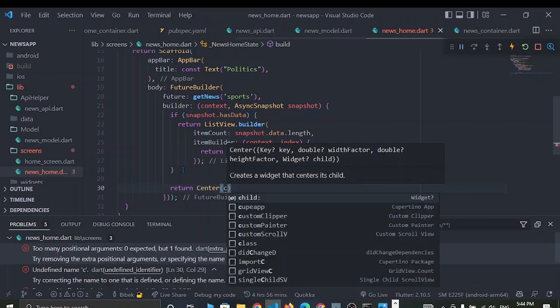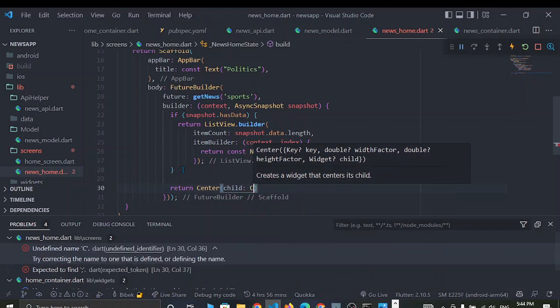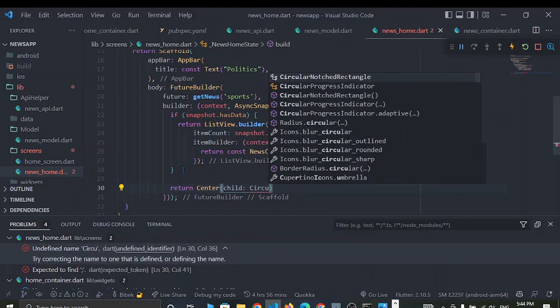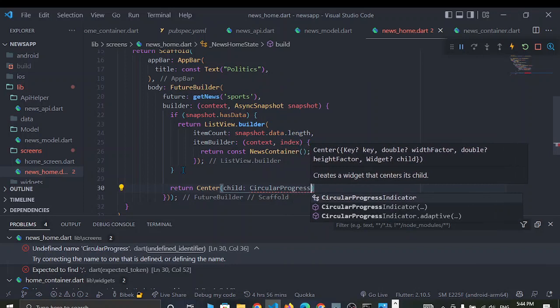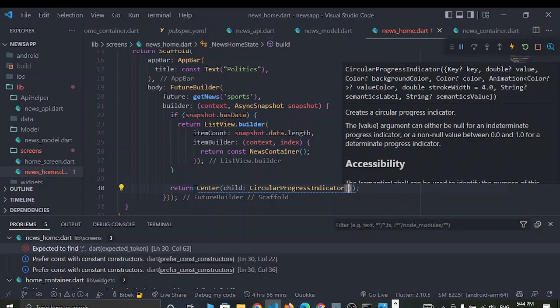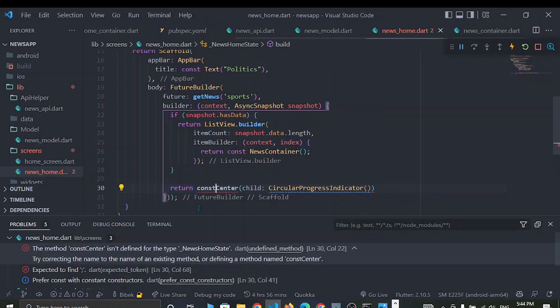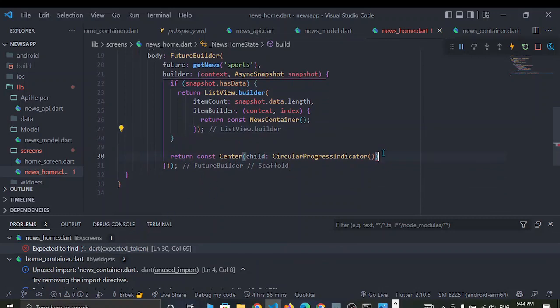So in the center widget I'm going to add a circular progress indicator. Okay, let's add a semicolon here,